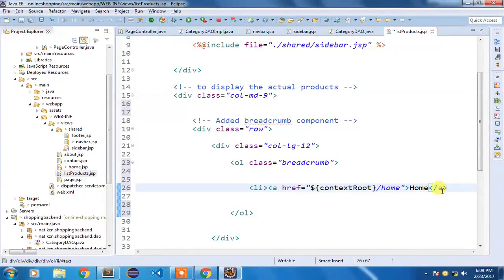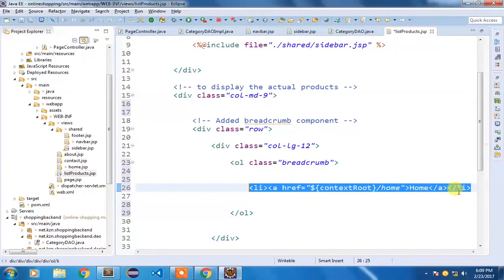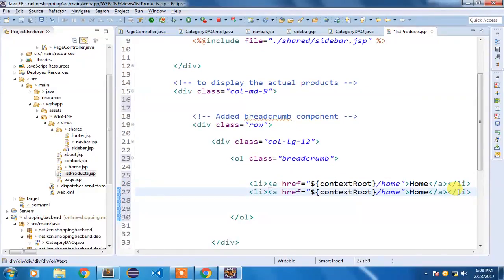So it will show Home where we can click and again go back to home, and we are going to close this li. Once this li is closed, I'm going to do a copy paste here of context root and where it should go. This is important here, because if we click view products, it is going to display all the products. So here we don't have to do any type of href element. We just have to say okay, li let the class be active, and we are going to say we are displaying all products. So we can click on Home, but we cannot click on All Products.